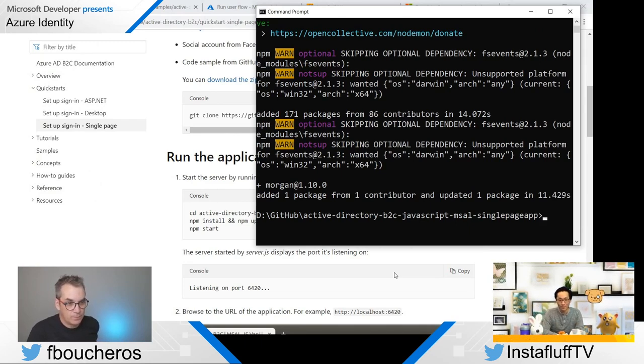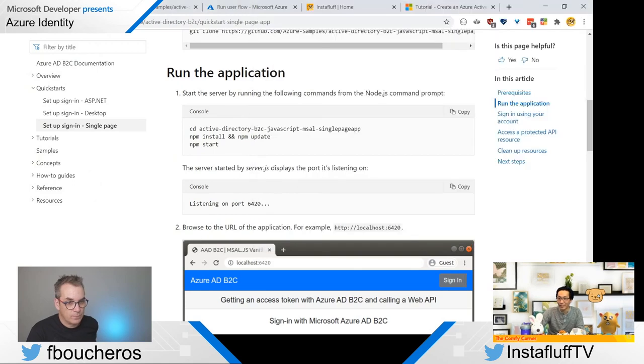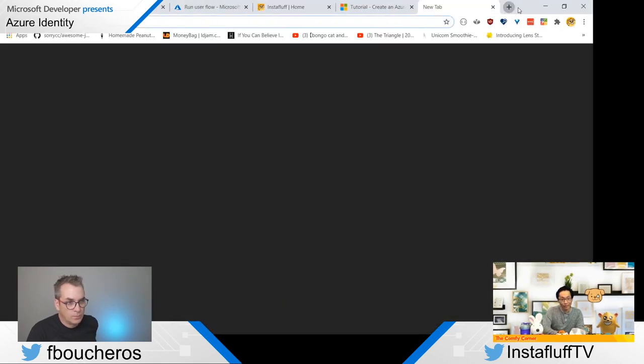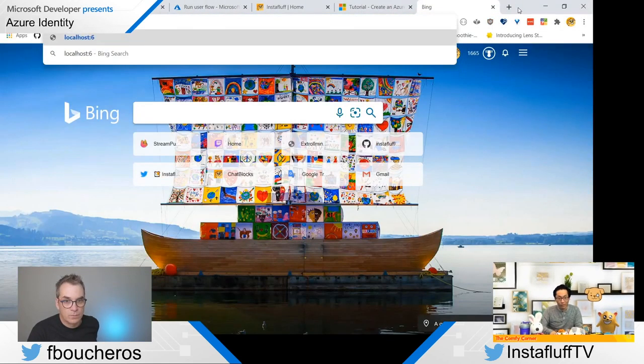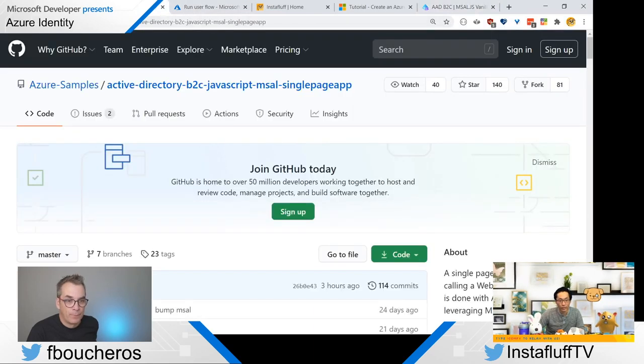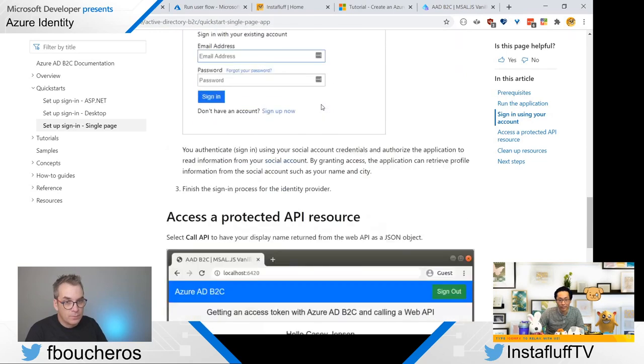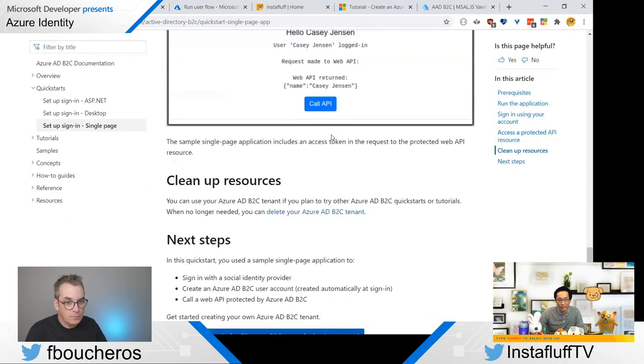Yep. Let's see. Listening on port 6420, which means it should be here. Localhost. Oh, it's working. So I think we have to edit this so that it goes to our sign-in flow. Yeah. And so it should show you right here. Ooh, sign in using your account and protect the resource and clean up resources.